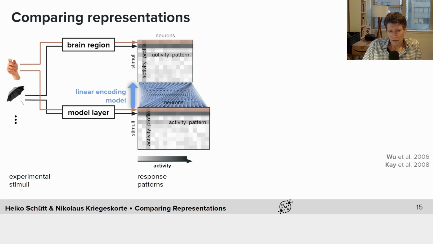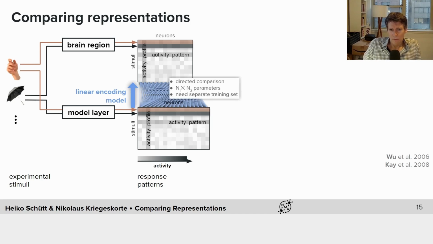However, if we had a situation where there's more of a symmetry, where both of the systems we're comparing are neural networks and there is no notion of noise, then we'd have to make a decision here in which direction we fit the linear encoding model. And since this comparison is fundamentally asymmetric, the results might not be identical. And it might be interesting for you to think about in what kinds of scenarios the results of fitting the model in one direction or the other direction might differ.